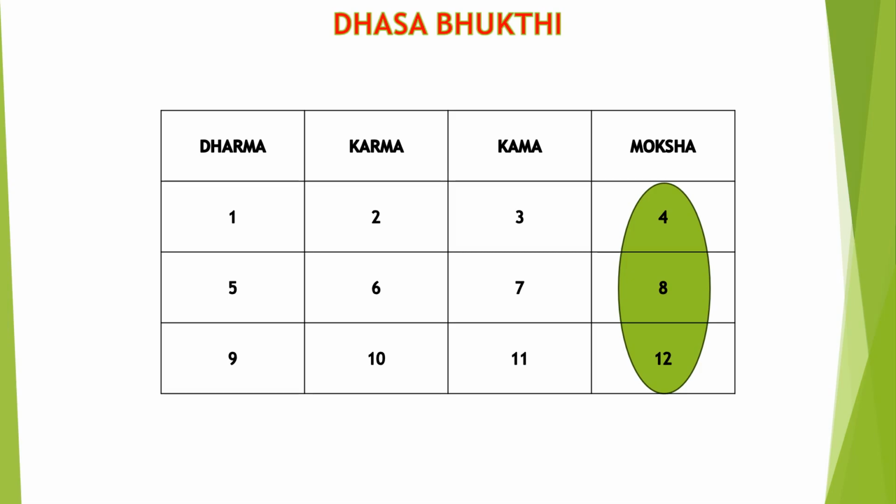So the first bhava is the Dasha Lord. So for any bhava, if we consider the sixth bhava, then the Dasha Lord is in the 12th bhava. So if the Dasha is happening and its planet is in the 12th bhava,